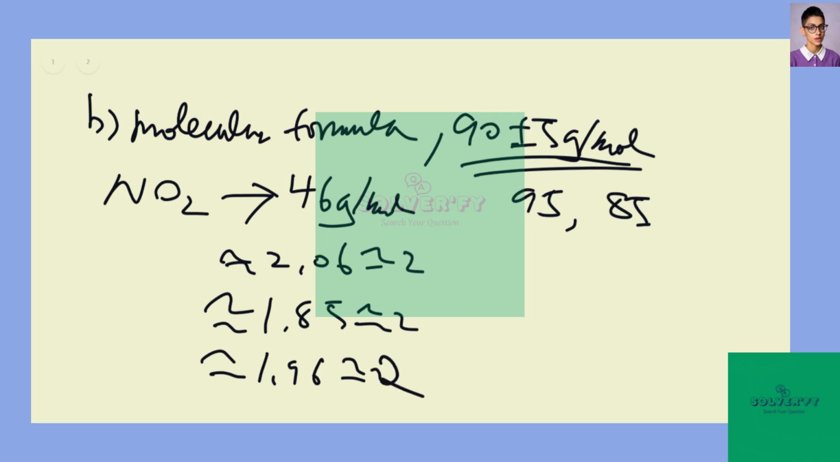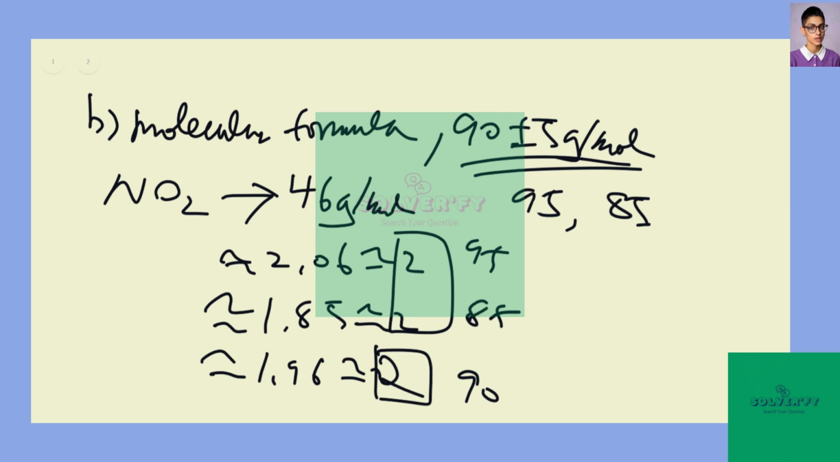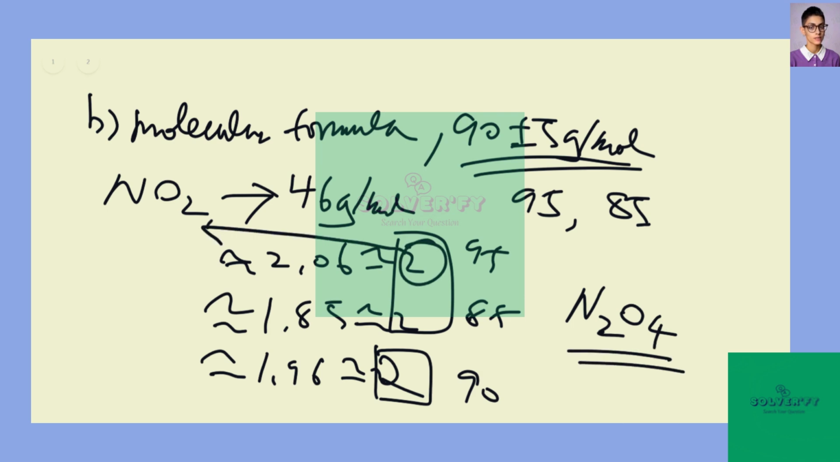So from the upper boundary and the center molar mass, this is 90, this is 95, and this is 85. We can see that the multiple is also roughly around 2. So we can know that the molecular formula should be N2O4, with the multiple of 2. We just multiply that to our